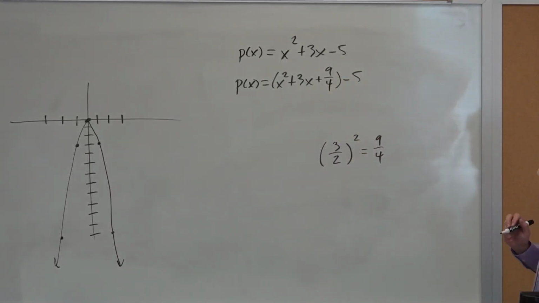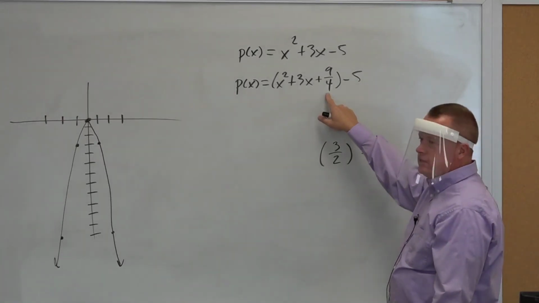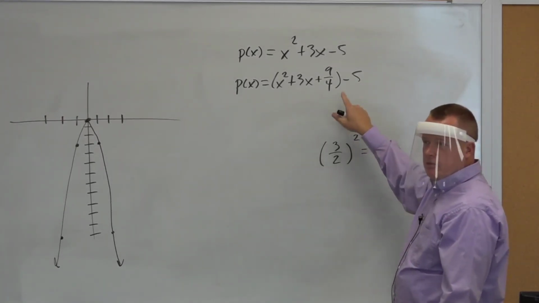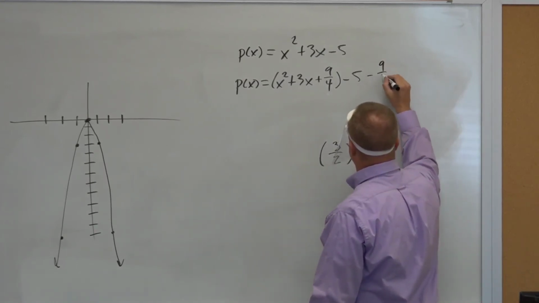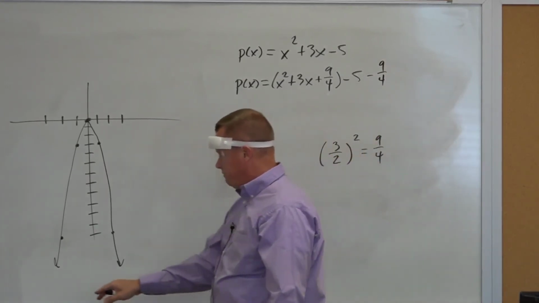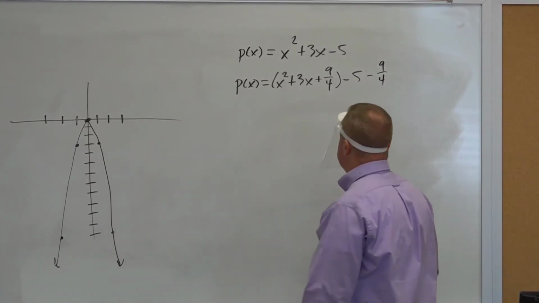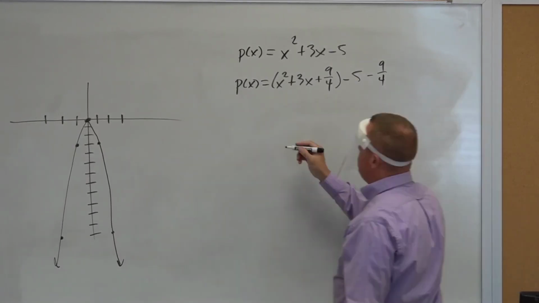I can't just randomly add a 9/4 there, so I need to subtract that back off at the end. So I'm going to say minus 9/4 there. Now this is a perfect square. It will factor